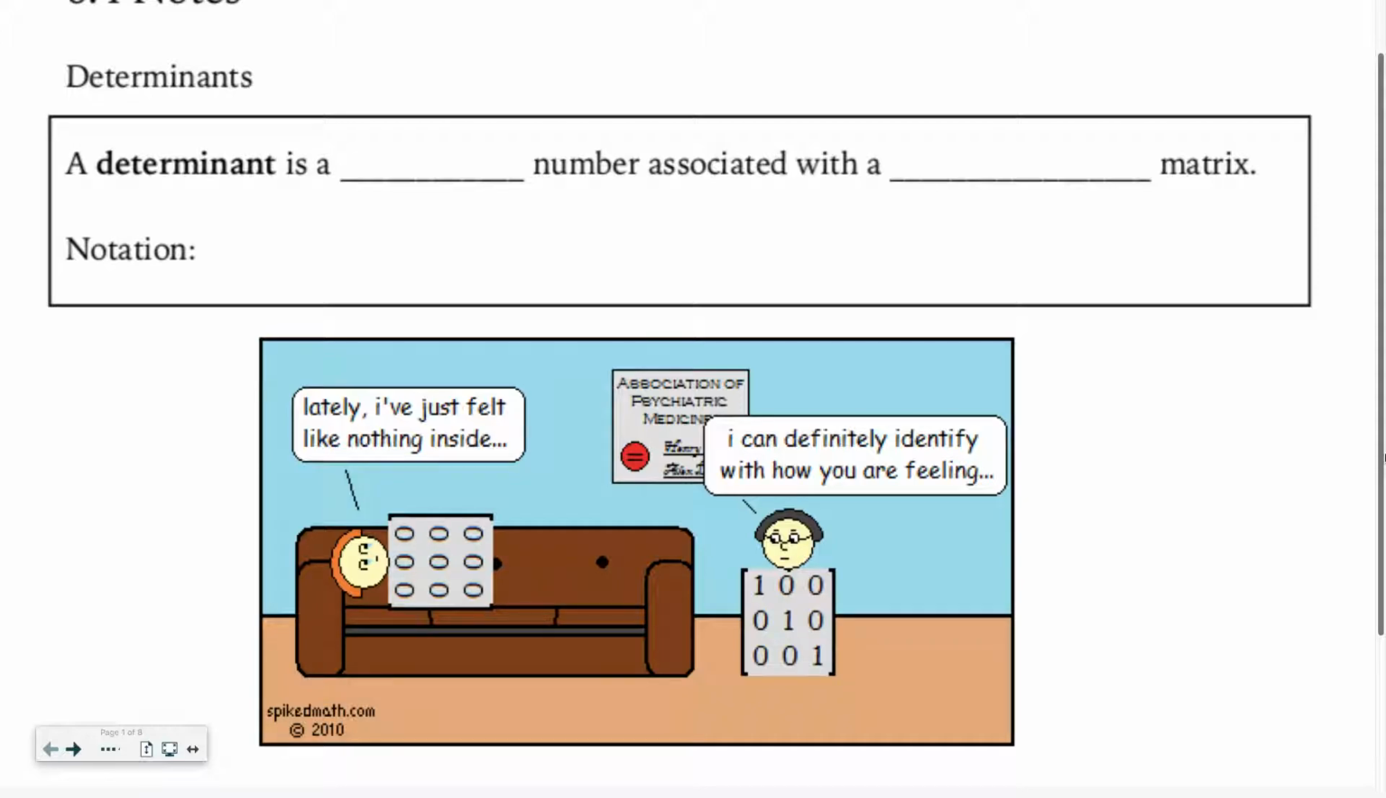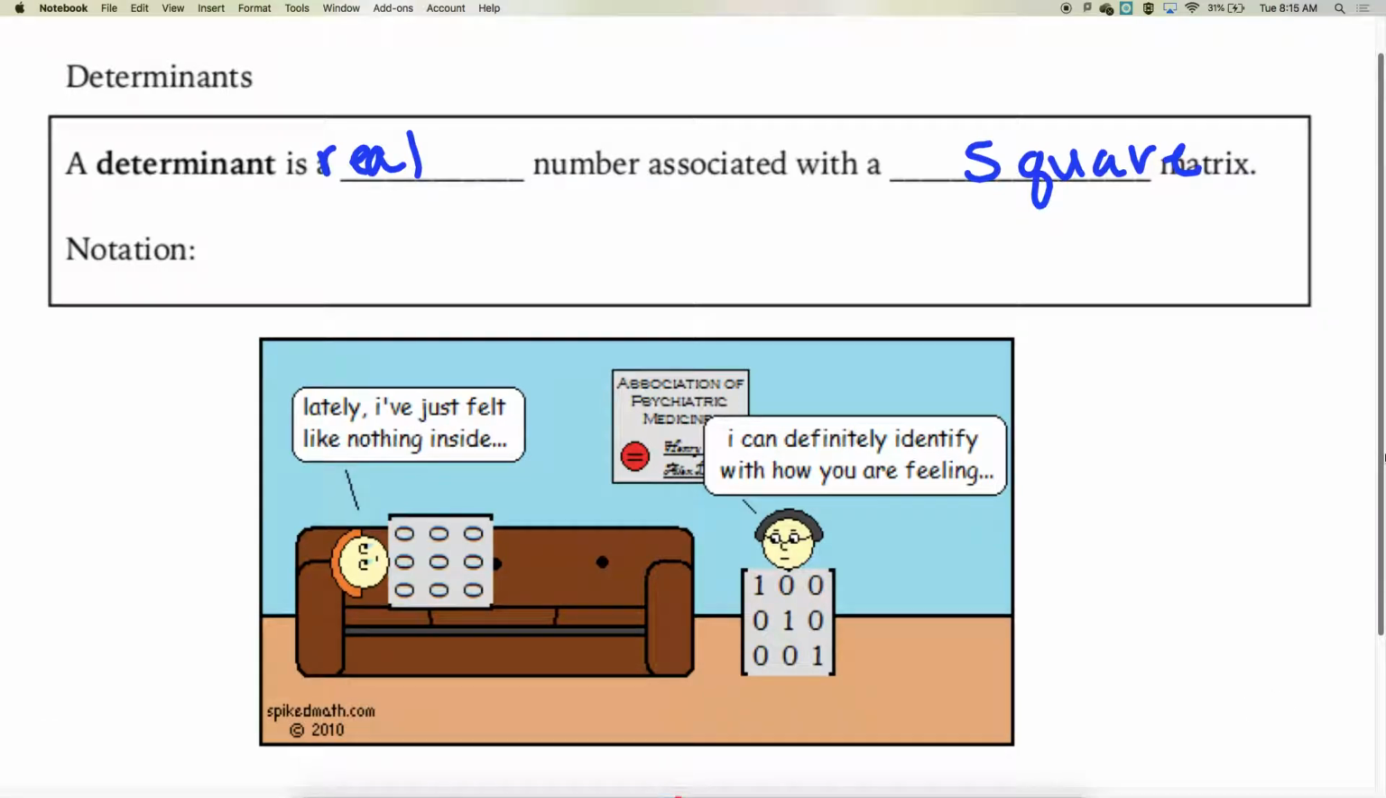A determinant is a real number associated with a square matrix. I'm going to have to recalibrate. Hold on. A real number associated with a square matrix. Okay. It also has some funky notation. So as soon as I get this back to where it needs to be,